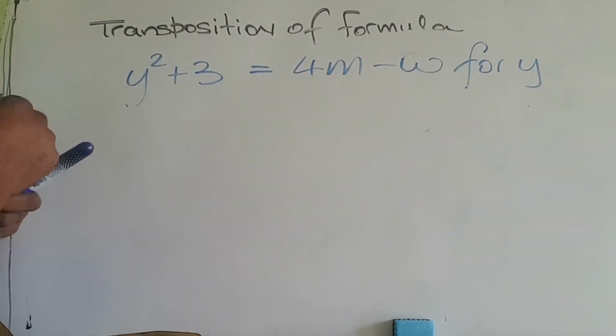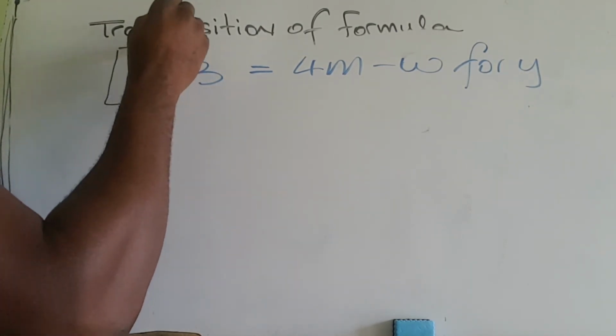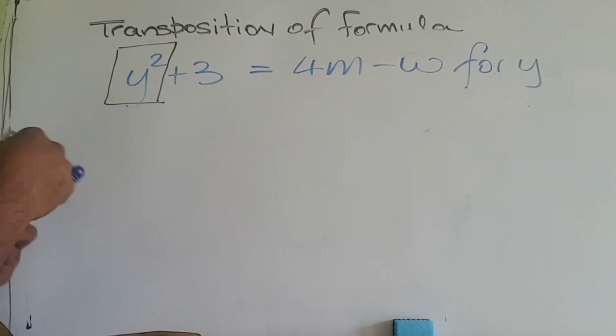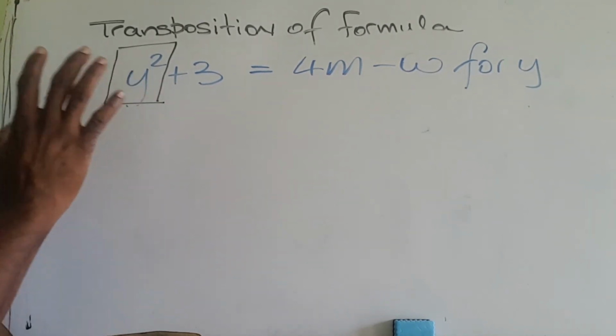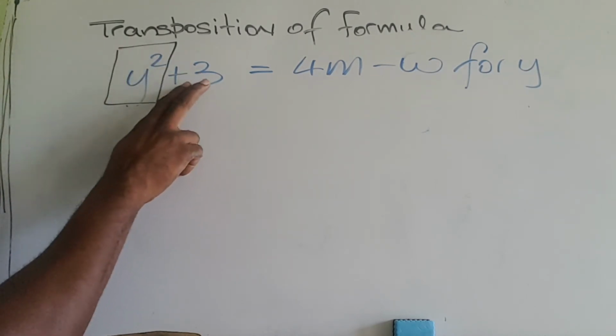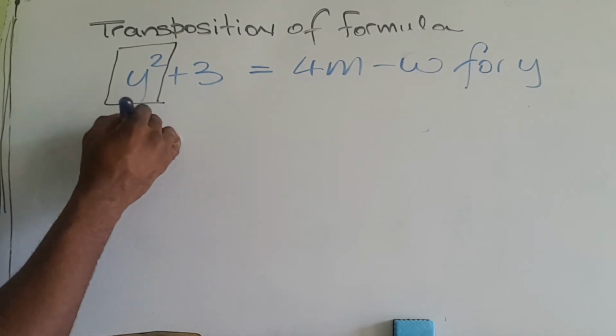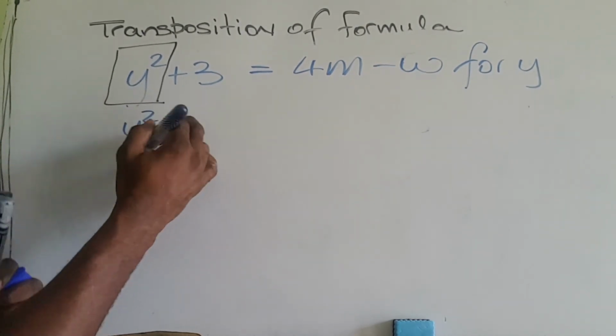Now the intention is that I'm going to leave the subject and anything directly attached to it for last. So I'm not going to try to get rid of the square root right now. What I'm going to do is leave this for last, get rid of the positive 3, and then I see what's next. So in getting rid of the positive 3